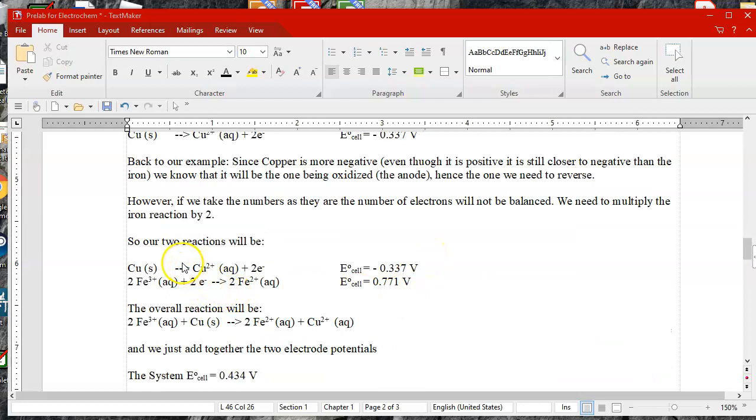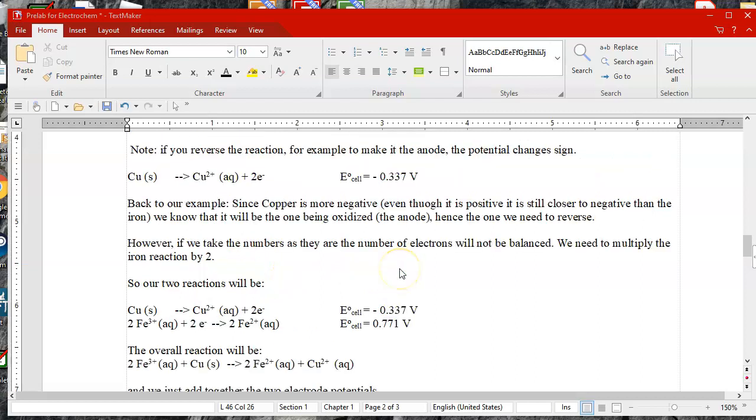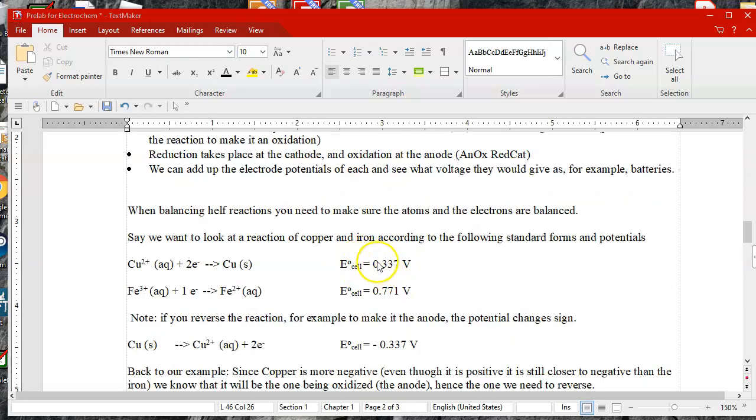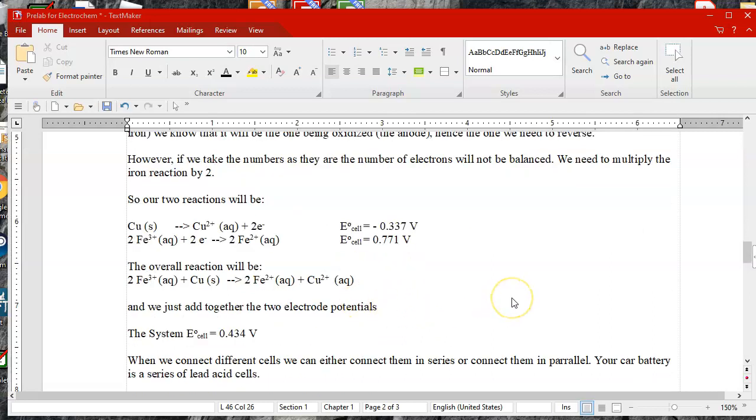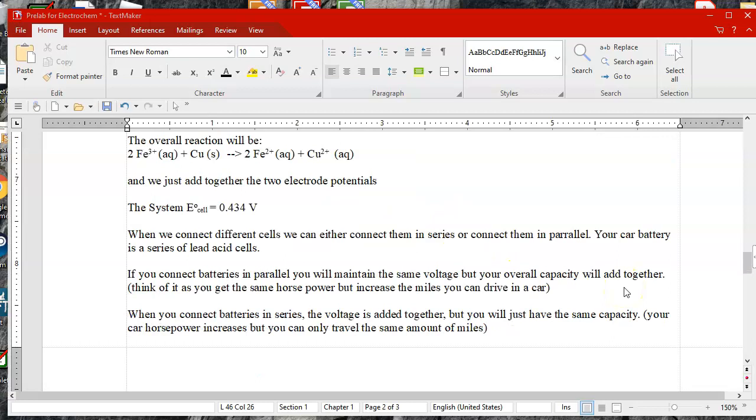So we take our two half reactions. They are all completely balanced. We have changed the sign on the copper electrode. It was positive, and when we reversed it, it became negative. And then the overall reaction is what we want. And then the cell potential, we just add together these two. Okay. All right. And then part 3, we're going to do a little bit with connecting these,